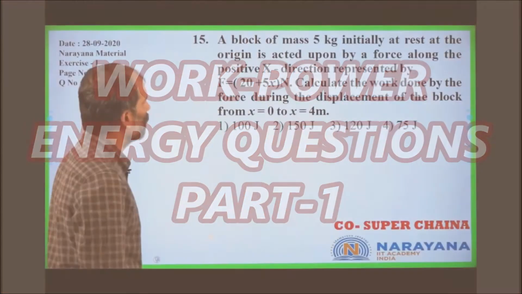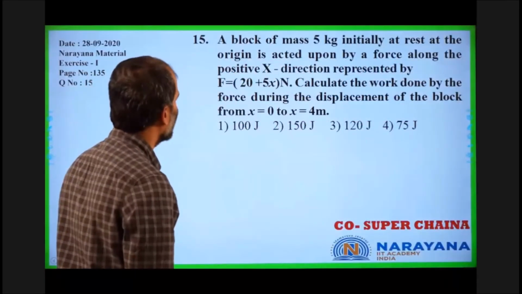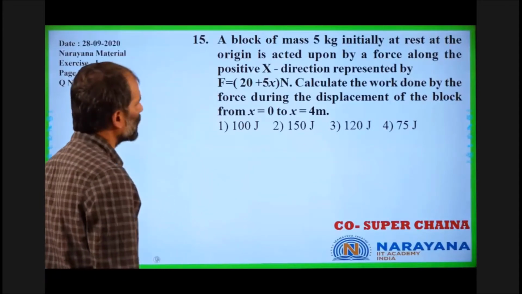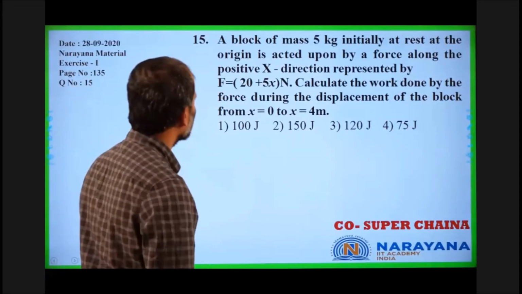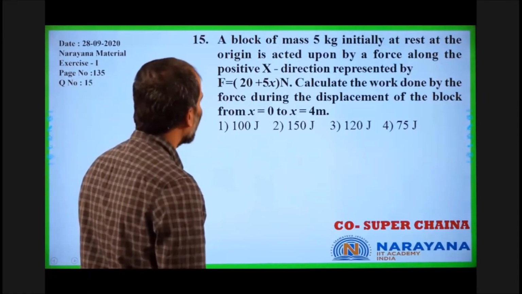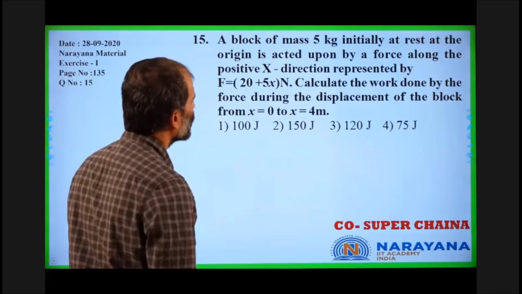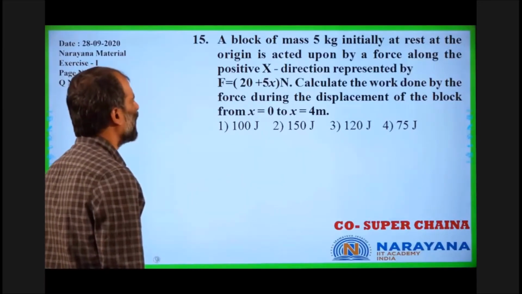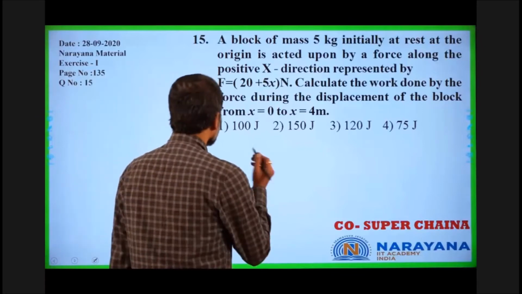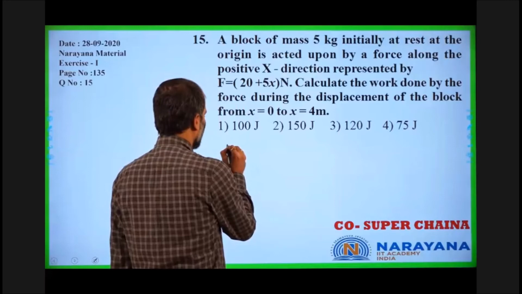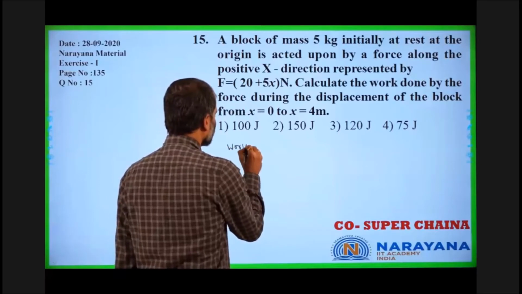A block of mass 5 kg is initially at rest at the origin and is acted upon by a force along the positive x direction, represented by F equals 20 plus 5x Newton. Calculate the work done by the force during the displacement of the block from x equals 0 to x equals 4 meters. So we say that work done by the variable force is given by